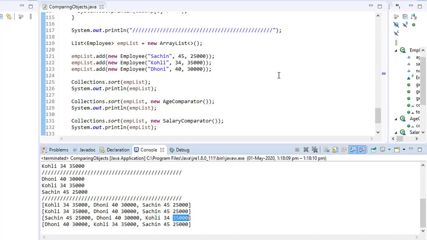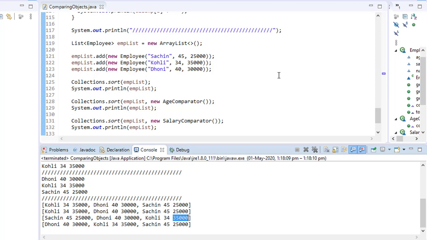Mainly, whenever you want to compare any object, you can basically compare using the Comparable, and you can compare using the Comparator. Now the point is where you should use the Comparable and where you should use the Comparator. If you are sure that whenever you are comparing an object, you always compare on one particular thing, like let's say you decided that you will always compare using the age, or always using the name, then in this case you can use the Comparable interface, because you are sure that you will not change the code and will always sort based on this particular point.